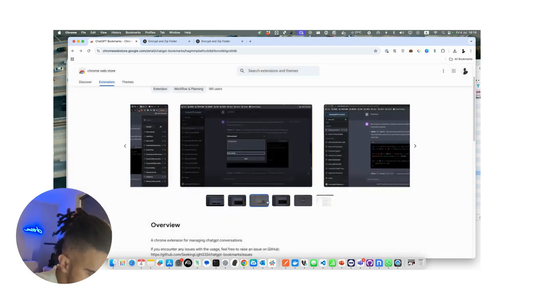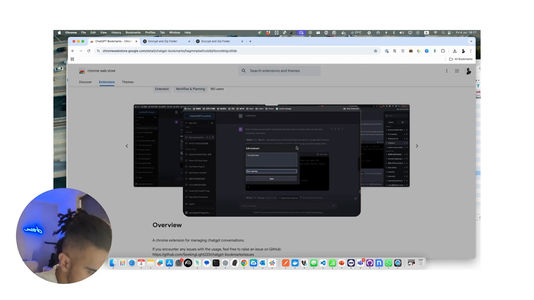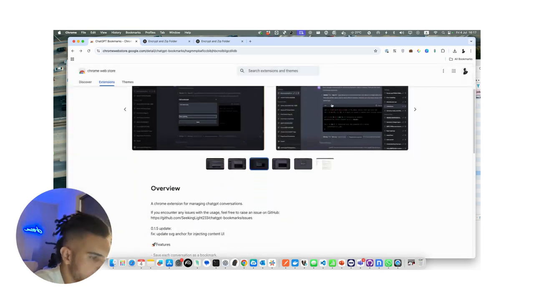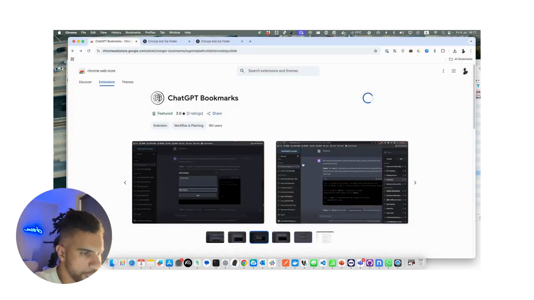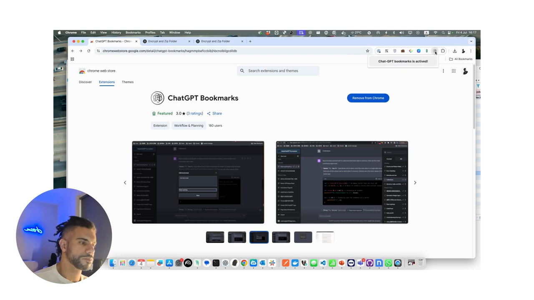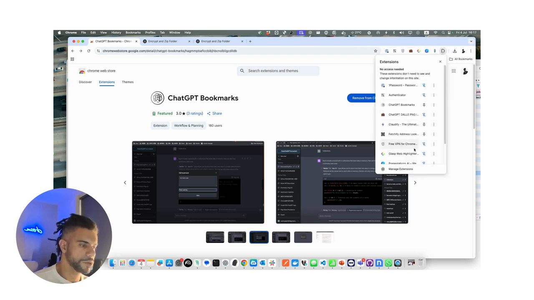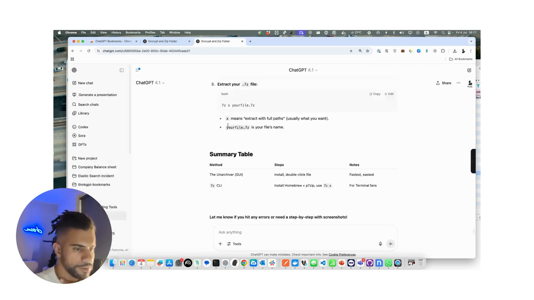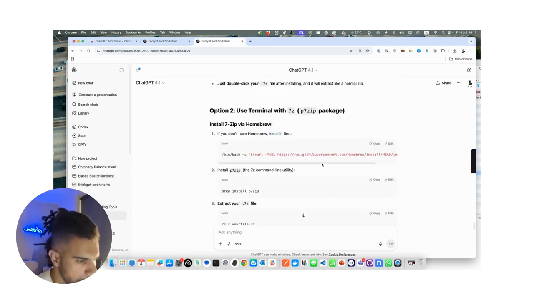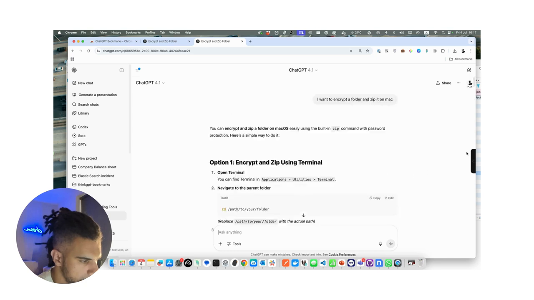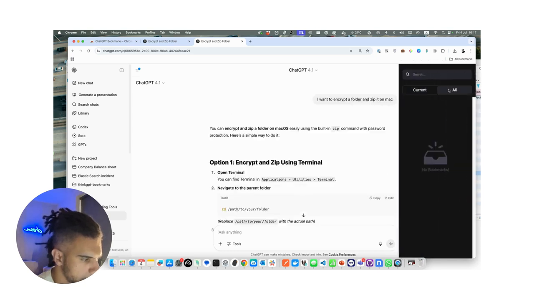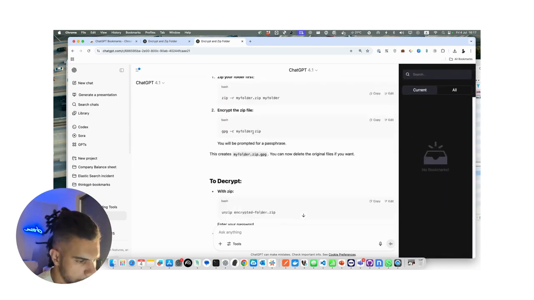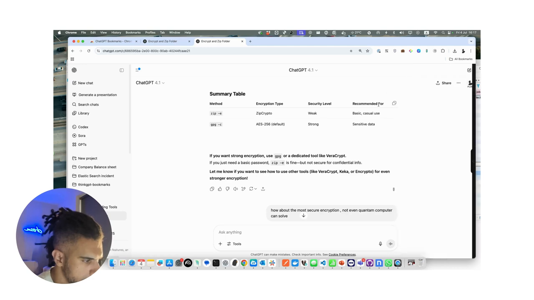Okay, so it seems like it's something you can just add, give it a title, put it in a folder. Let's give it a go. Add to Chrome, add extension. Okay, so pretty much that's it. Let's try to add maybe the same one. How do I add it? Ah, so this is it. So it's a sidebar. Okay, but how do I add the actual